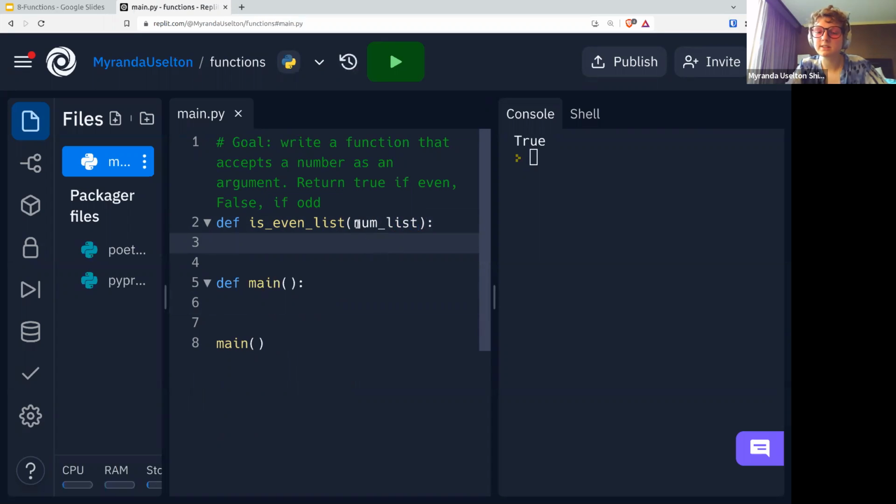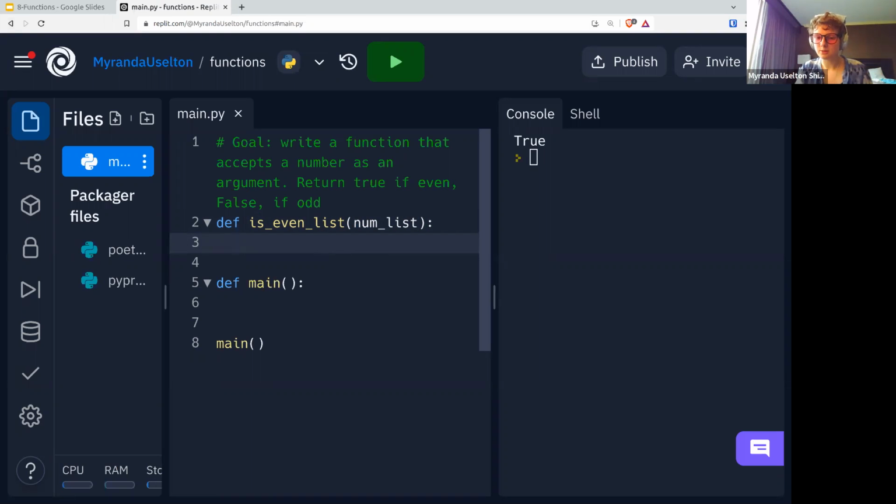Python would still accept any input that you put into the argument, but we're just going to assume that we know how to use the function and we're going to use it correctly. So we're going to name it num_list and treat it as if we already know that it's a list. So we want to be able to take in some numbers, and then for each number in the list, we want to add to a separate list if it's even or odd. So just to break that down,